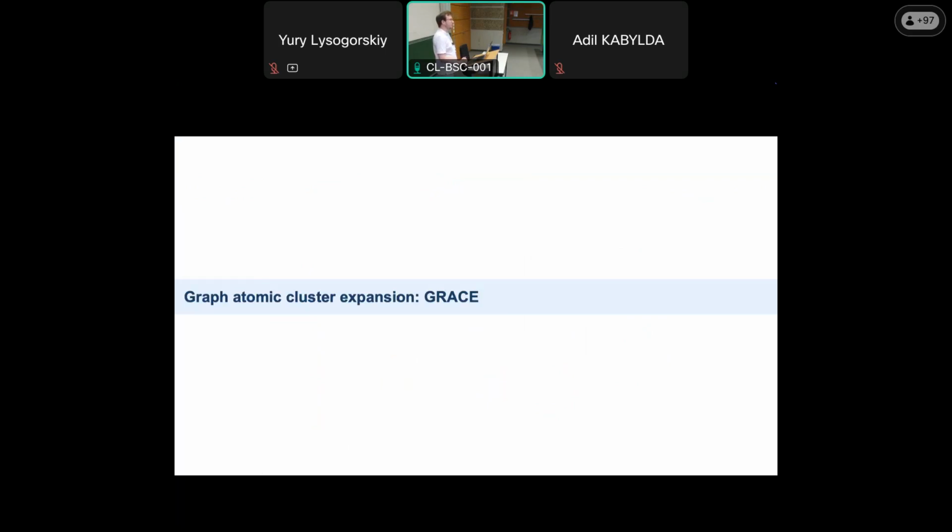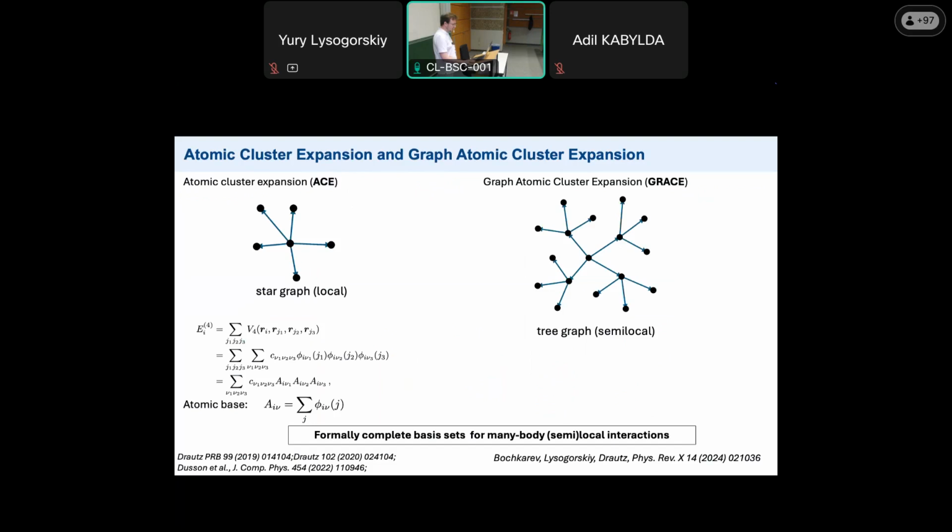So that's why we first go to the graph atomic cluster expansion and the atomic cluster expansion that was already mentioned by Florian. I will not do a big mathematical introduction to that. I will just limit myself to a couple of slides, because a lot was already said this morning about the different ways of machine learning modeling of atomic interactions. In the context of atomic cluster expansion and graph atomic cluster expansion, we, as usual, consider a local neighborhood. This kind of localization allows us to get rid of the non-localities that we may have in the pure quantum system. So that's the first approximation that we usually do for machine learning interatomic potentials.